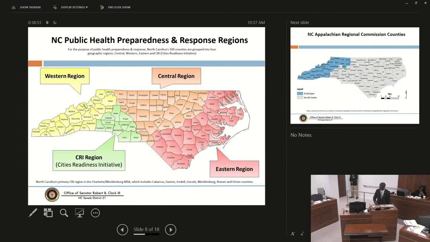So another map. This is another map generated by the State of North Carolina, Department of Health and Human Services, for public health preparedness and response. If you look on the western side, you see something similar. You see a grouping of counties along the western border. And you also see that configuration in the Charlotte metropolitan area. I think one difference is the Catawba has been added. So I used that to guide my approach as well.